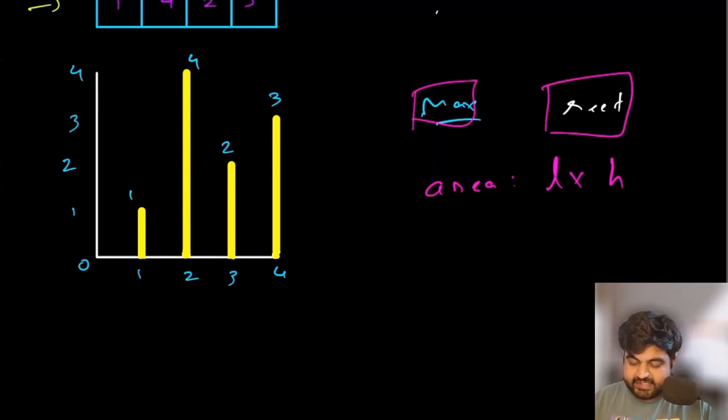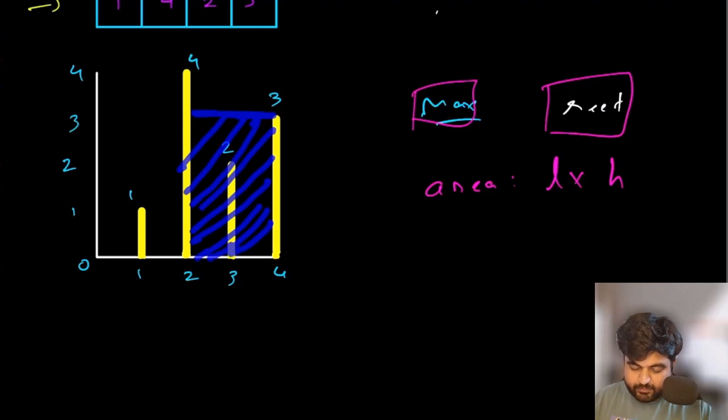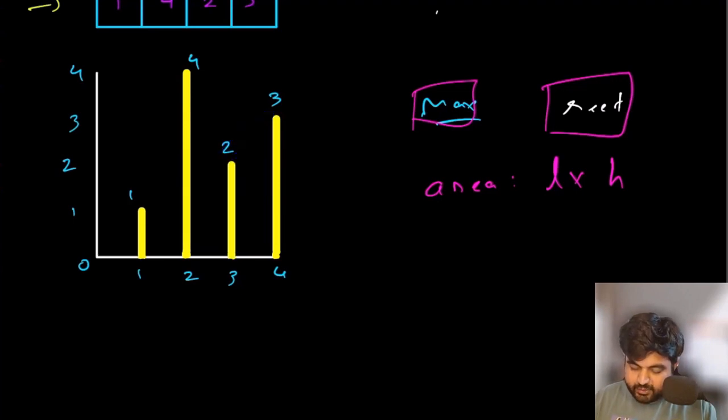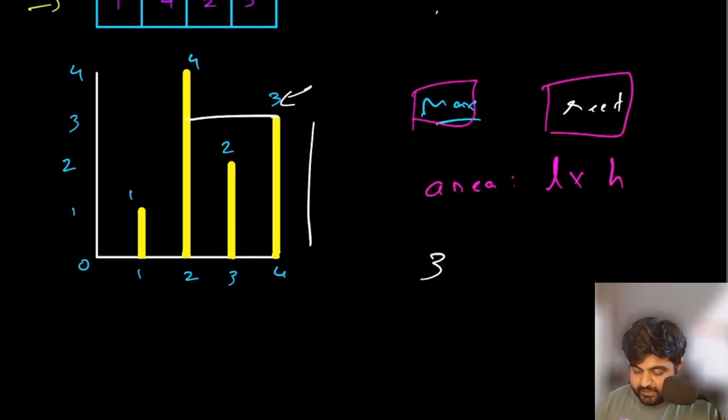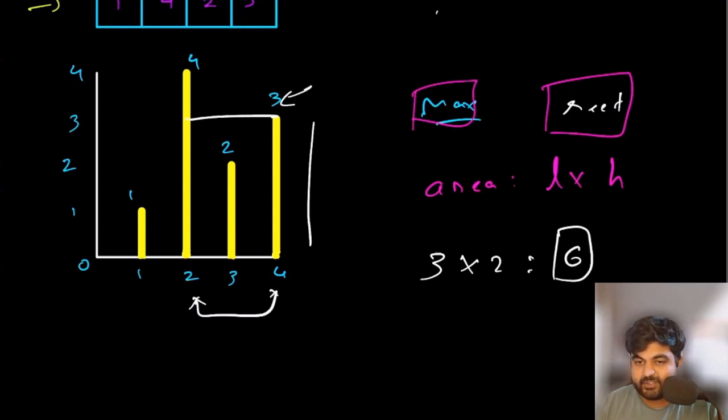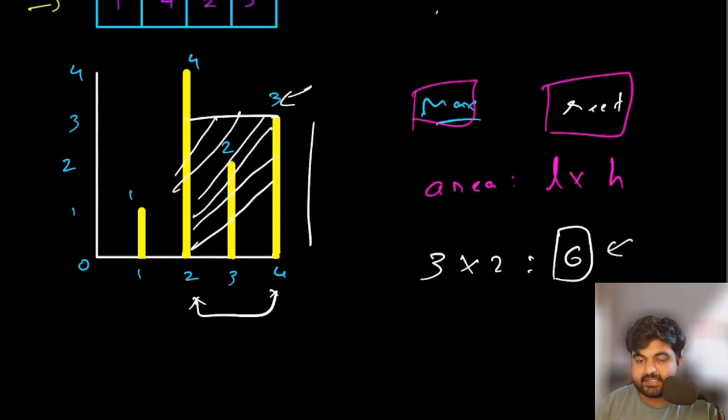So in this case, the maximum water we can carry is going to be in this bucket, because if we see the area of this particular bucket, that is going to be the maximum area. Now first, what is going to be the height we are going to consider for this area? The height is going to be 3, because this is the height of the smaller edge. The length in this case is going to be 4 minus 2. So length is going to be 2. And the total amount of water we would be able to store is going to be 6 units. Because it's water, we can consider it to be liters. So 6 liters of water we can store in this container. And this is the biggest container, or the maximum amount of water we can store.